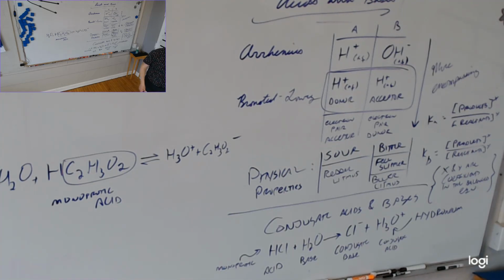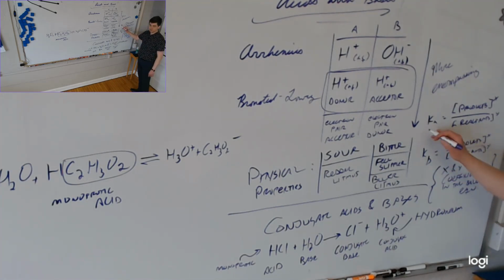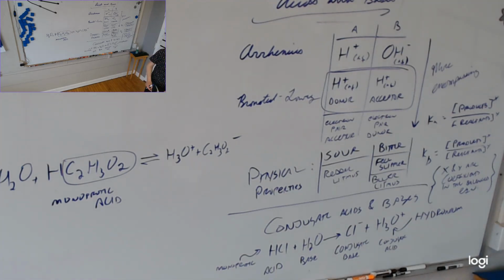Your book also talks about an ionization constant, which is the collective term for both of these. So Ka is the acid ionization constant, and Kb is the base ionization constant. Your book also talks about Kw,